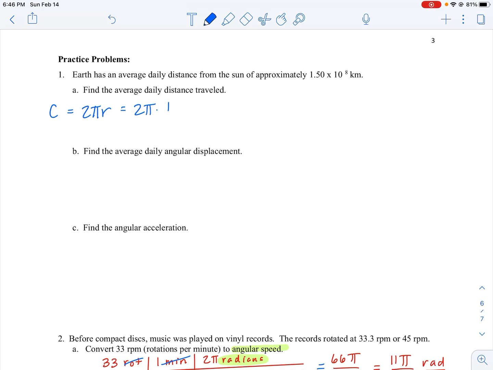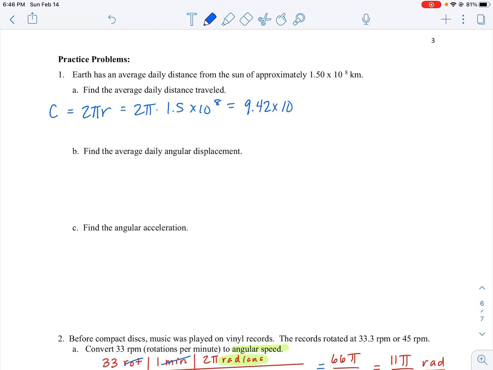It'd be 2 times pi times 1.5 times 10 to the 8th. So that's 942 million, or about